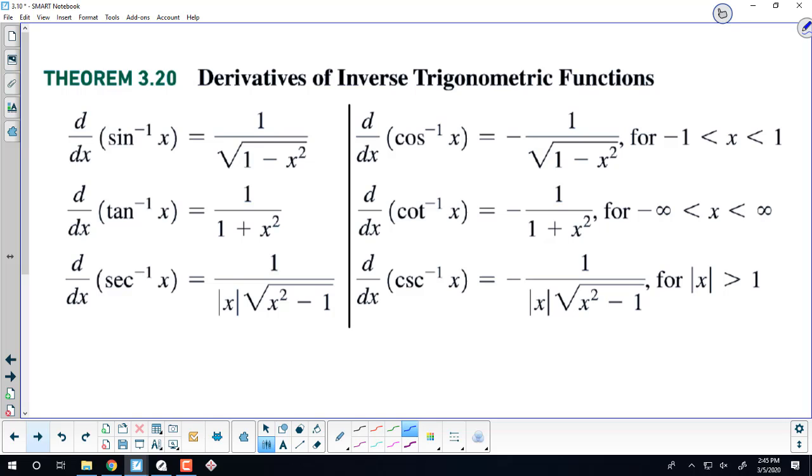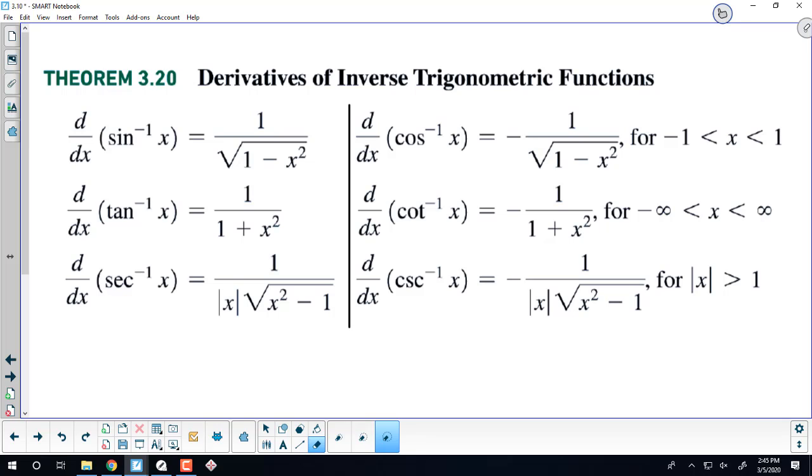Derivatives of our trig functions are also trig functions because trig functions are periodic. They all repeat. The derivatives of our inverse trig functions, notice that they're not periodic, they're just these algebraic functions, because the inverse trig functions don't repeat. They all had restrictions on them, like we had to restrict sine like this. It's not a periodic function anymore. We wouldn't expect its derivative to be periodic or repeat as well. So we're going to look at the derivative for the inverse sine